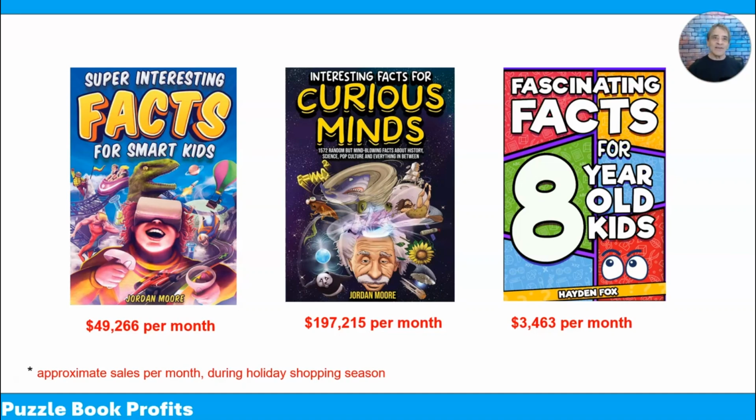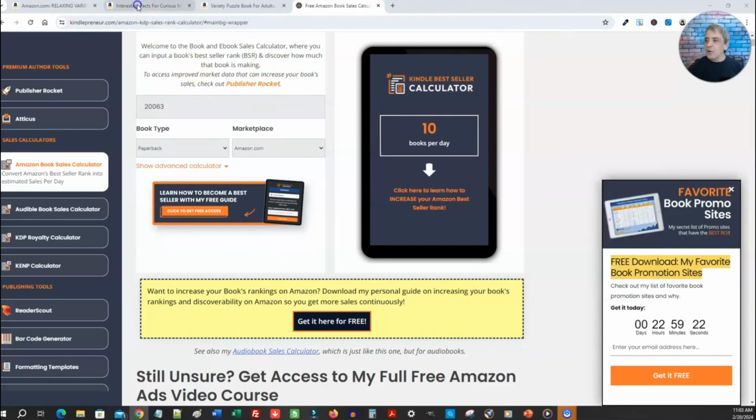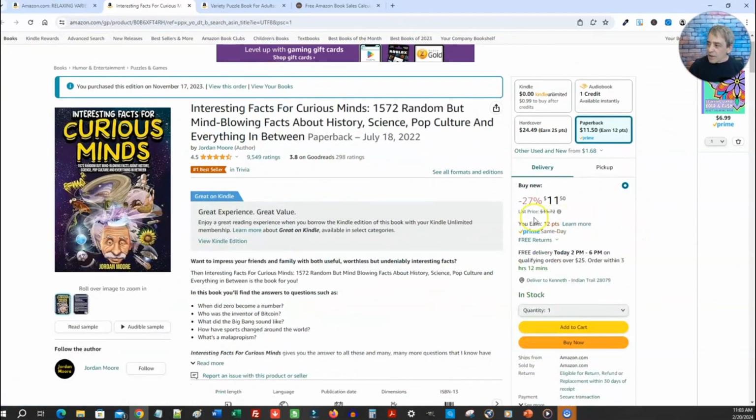So let's stop the presentation and go back to the calculators, okay? Let's do this, and we should be back at the calculators here. And I have the tab open for that book right here. All right, that's the book. You can see I buy all these books so I can really show them to you. All right, the list price right now, I know it's a little small here for you to see, is